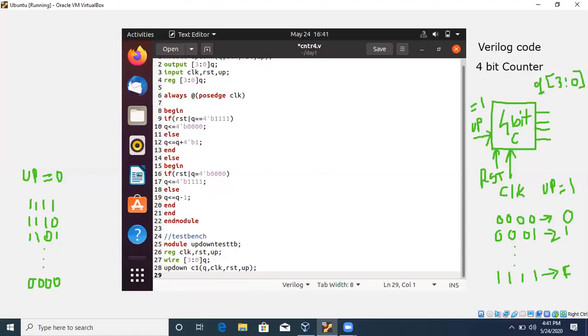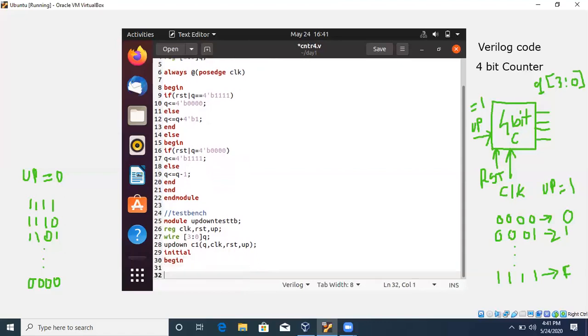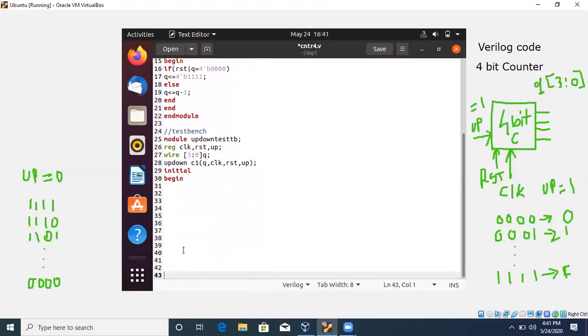Then initial, we'll first use initial, then begin. To create the waveforms we have to create the dump file. So first we'll create the dump file.